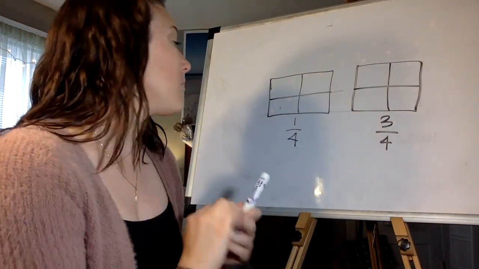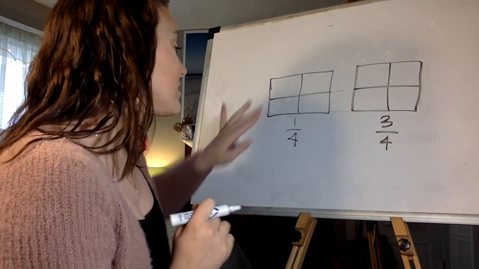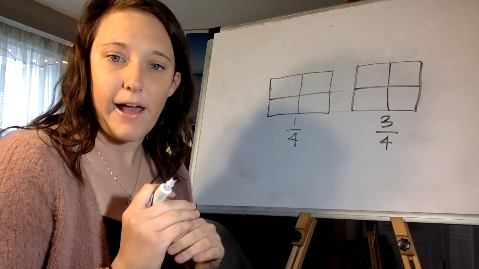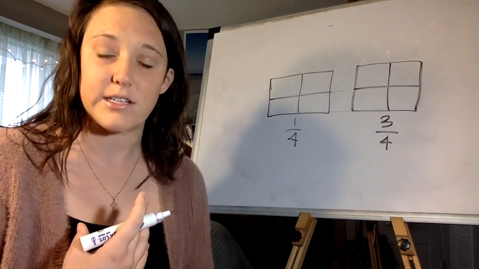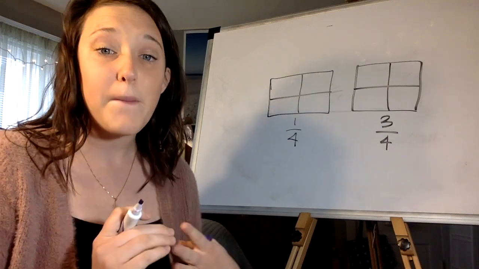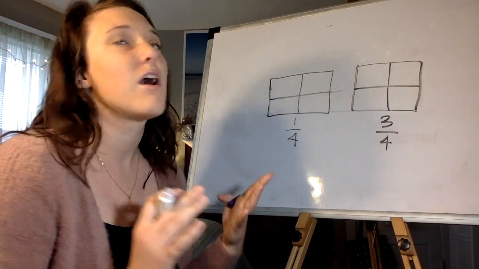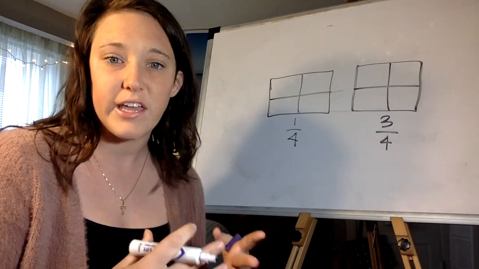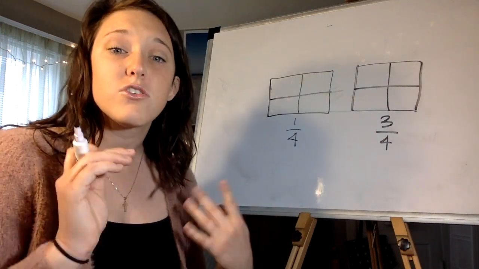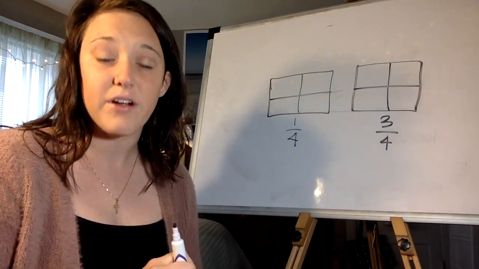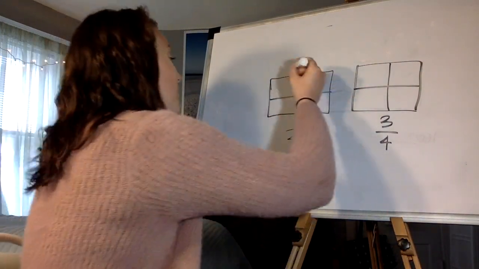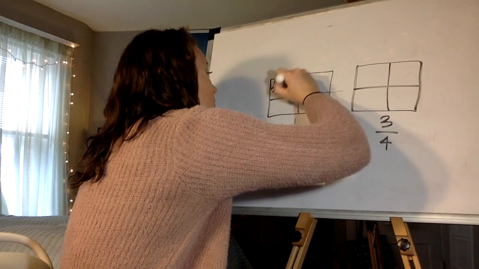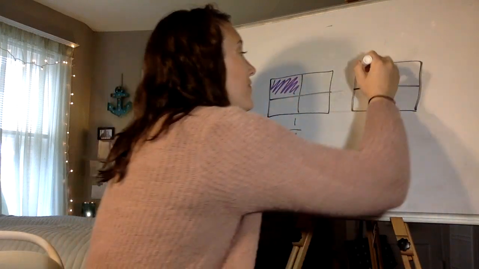So I'm going to take my marker, and when it comes to shading, I have to think back to my chapter 10 vocabulary when we talked about what a numerator and a denominator were. And if we remember, the numerator is the part of the fraction that we're looking at or that we're focusing on. So the numerator is going to be the number of equal shares, or in this case, squares, that we shade in. Okay, so I've got 1/4 here, and then I have